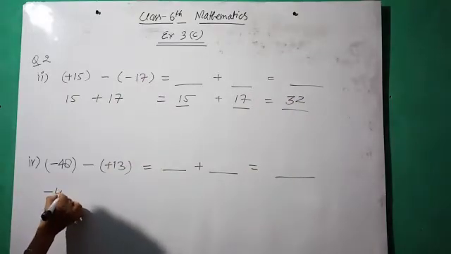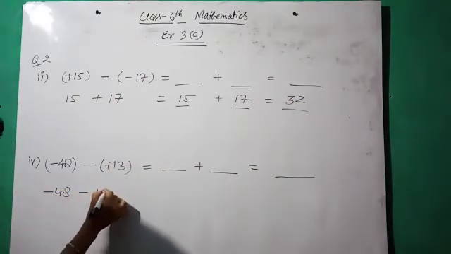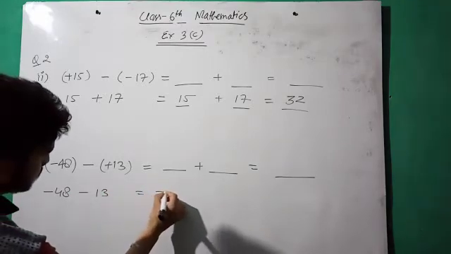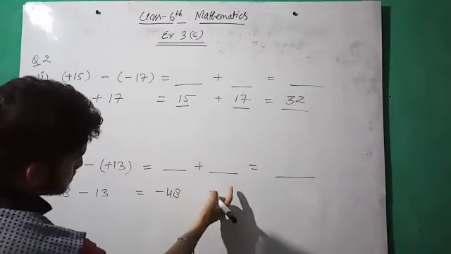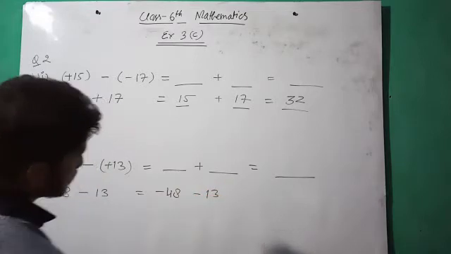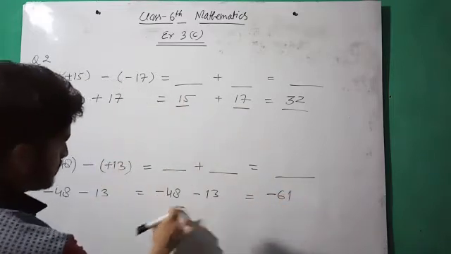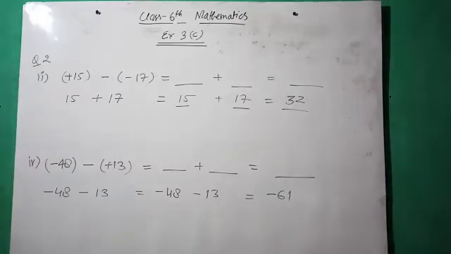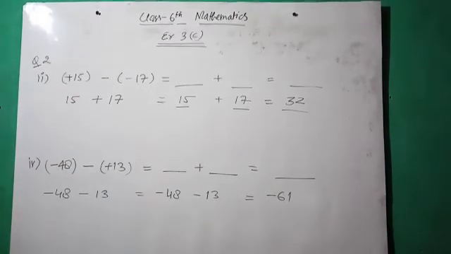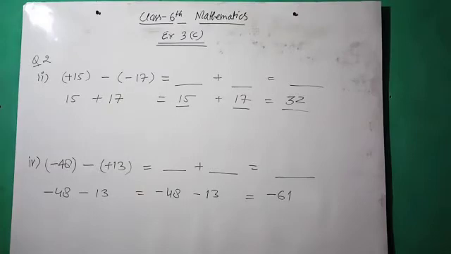Now fourth part, minus 48 plus minus minus 13 equal to. Like this we have to fill, minus 48 plus minus minus, so minus 13. So our answer is minus 61. Minus minus we have to add, then the sign of the bigger number is added. Okay, first and third part, again homework in your rough copy. The important questions you must do in your fair copy, and the questions which are not much important you have to do in your homework register as per the given instruction, whatever I am saying here.